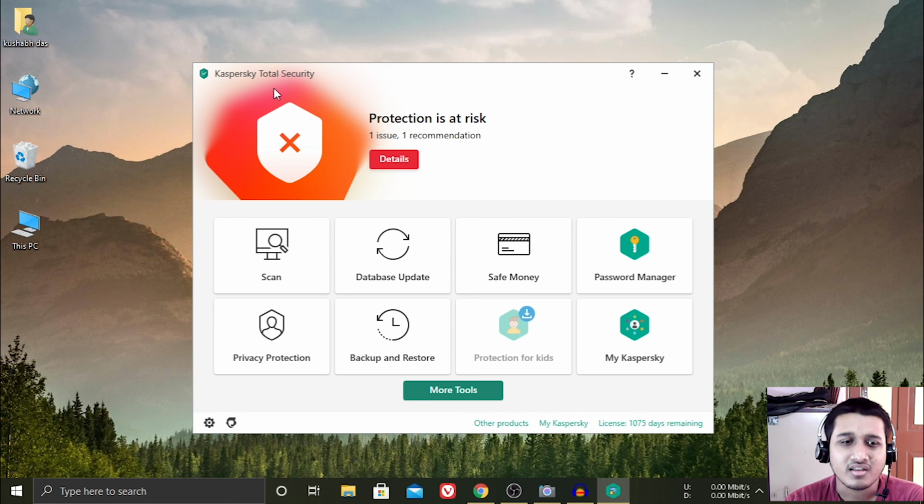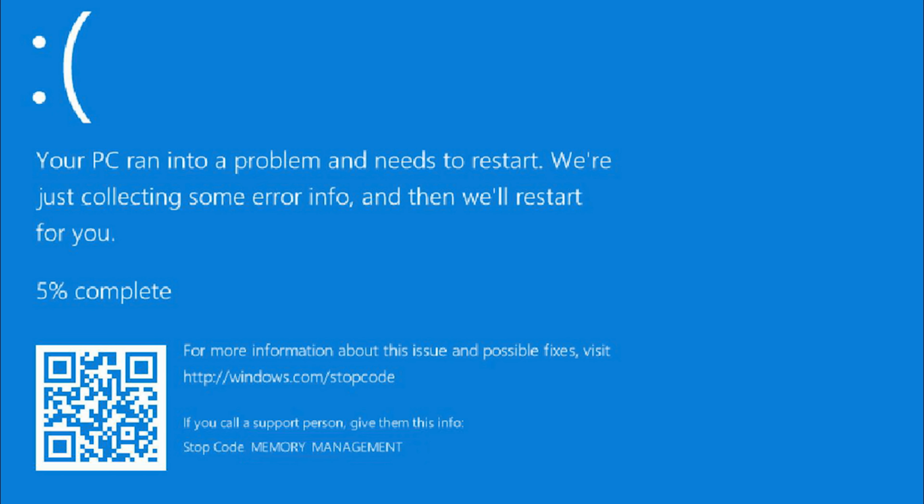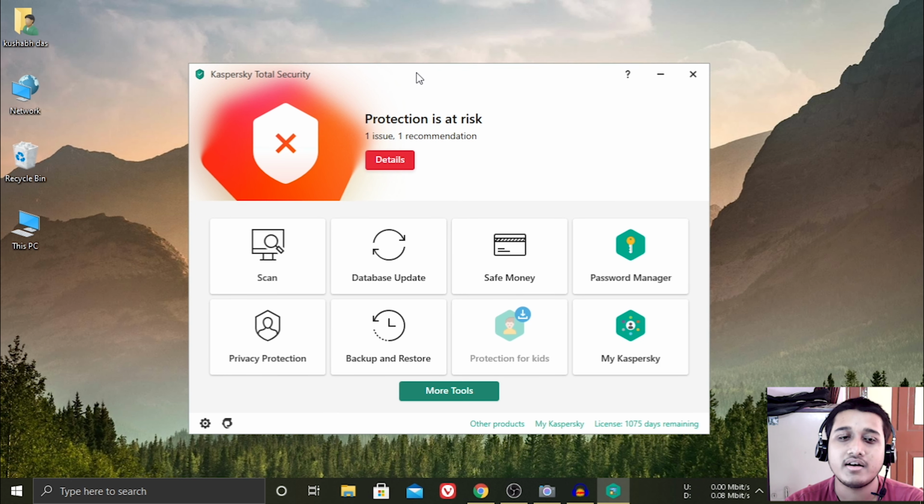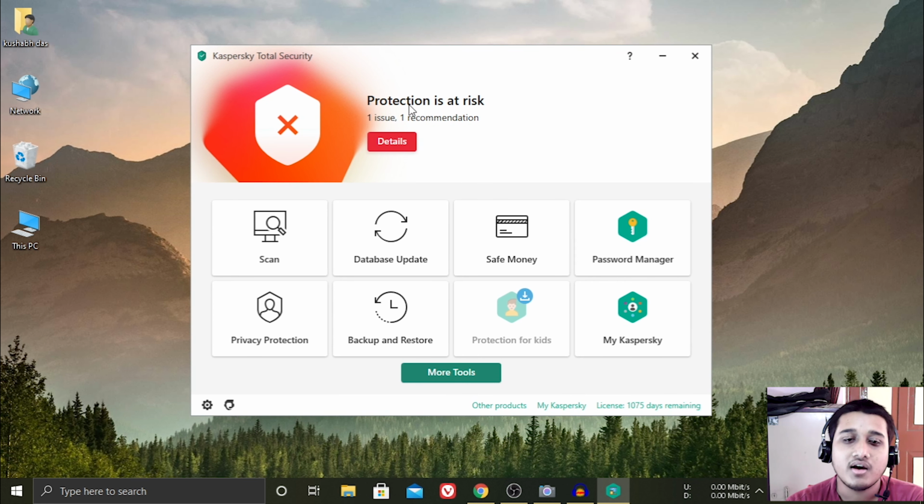For the last 2 to 3 days, I'm facing a blue screen error. It just shows me that blue screen comes. I will give the screenshot. And after the blue screen it's just saying that the issue is memory management. So today, after that issue happened three times, now I'm facing that Kaspersky is